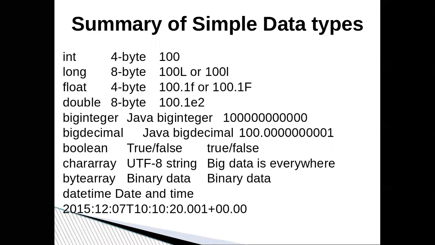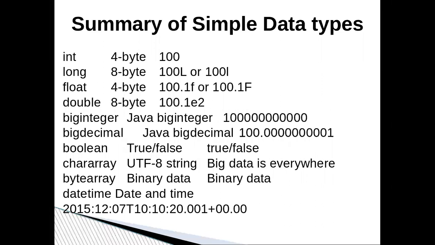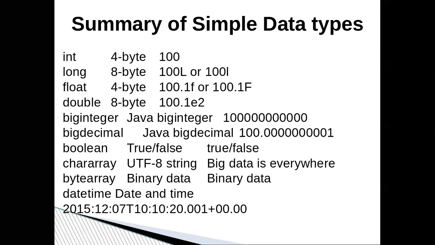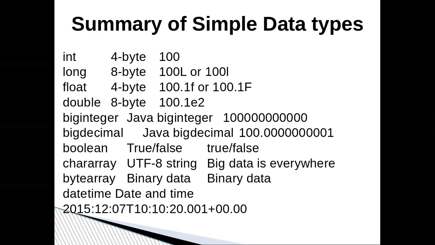And then there is a new datetime feature in Pig, which is very interesting. When we use it, you can extract a lot of information from that datetime type, in which there is a date first, then after the T there is a time, and after the plus is the time zone. So we'll discuss this data type in detail, because while we are analyzing data sets, we need to extract a lot of information based on dates. So this is the summary of simple data types. Just have a look at it, similar to your Java types, right?